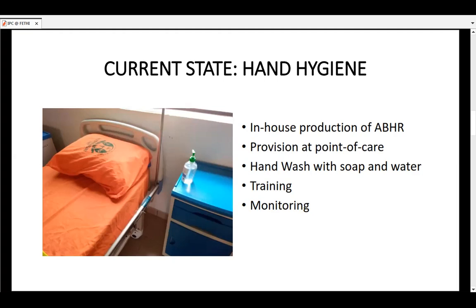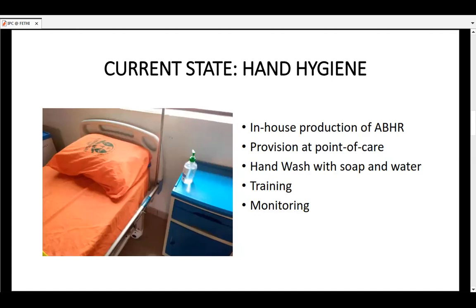Then we also incorporate training. For example, in my facility, 2 of us have attended the DIPC program in Lagos, and about 4 personnel have attended the UCH training. We also try to see how compliant our staff are with observing hand hygiene. That was part of what was done during the DIPC project.